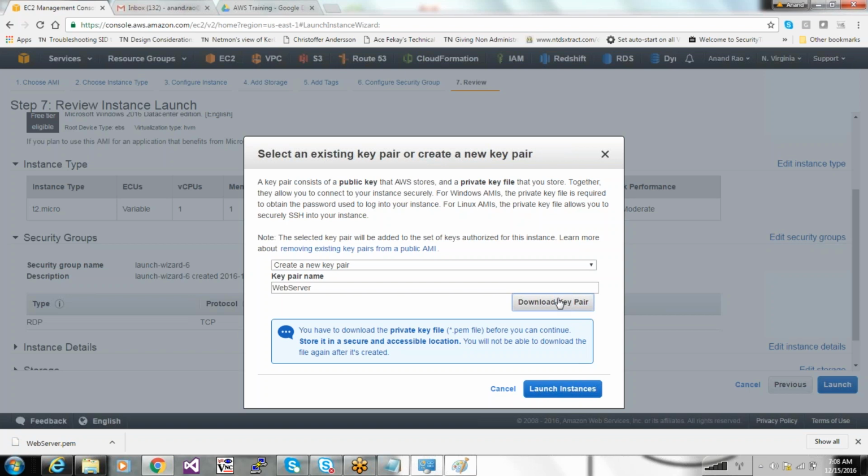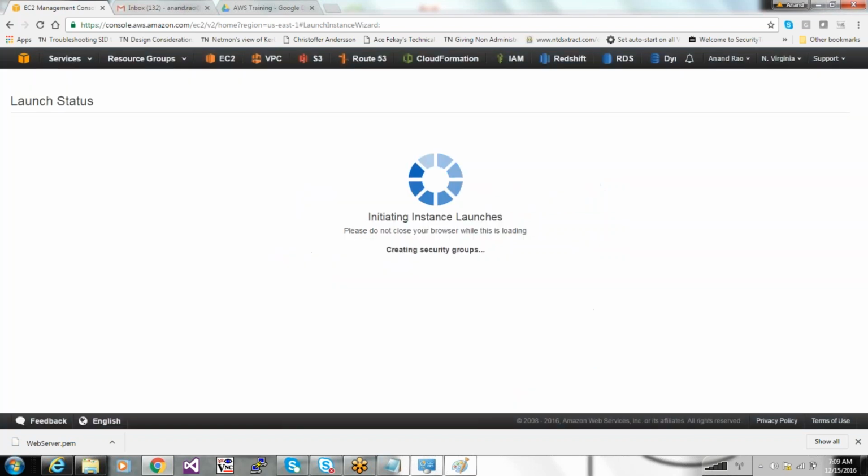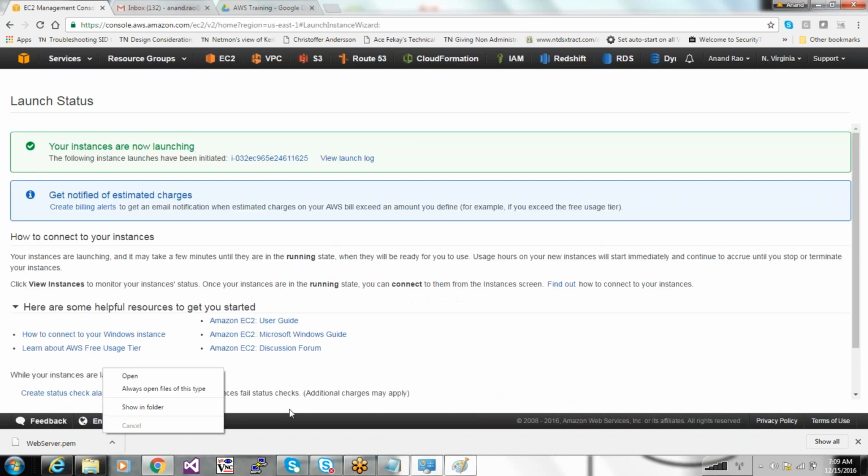It's a public key and private key combination. The one you're downloading is a private key, so you have to store it in a safe location because it is not downloadable again and again. Once I click on launch instance, that's it, it's gone. You will never be able to see that file again, so make sure you keep webserver.pem safely.